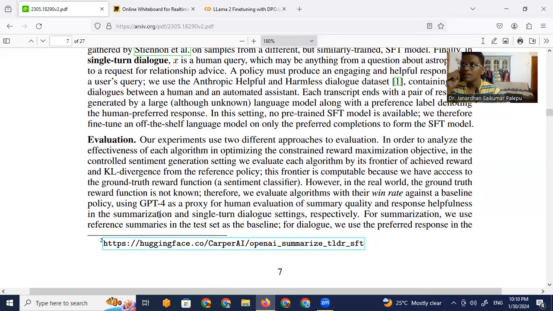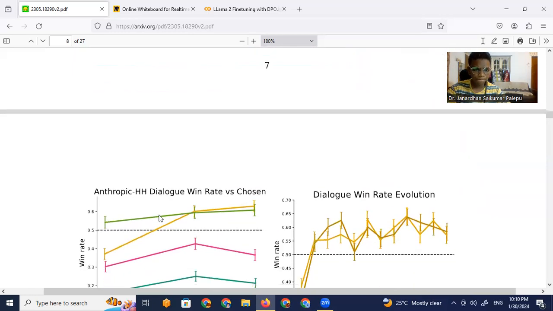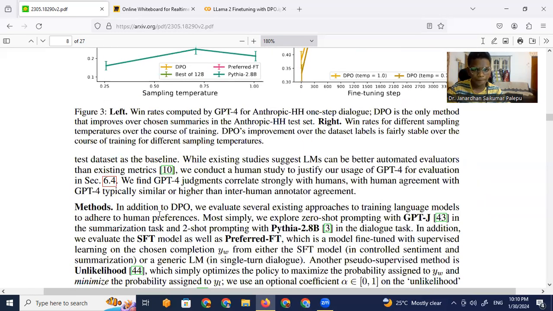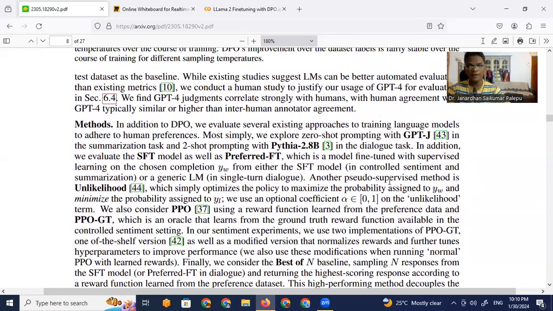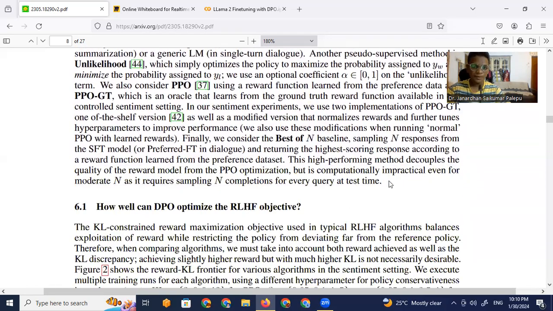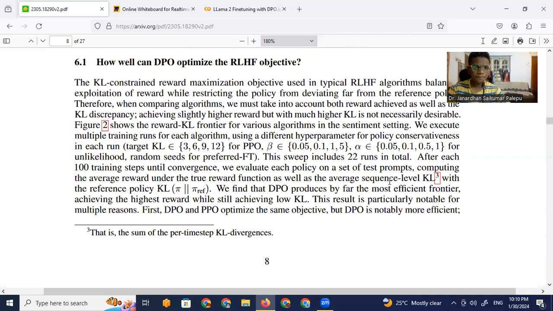For the sentiment classification, I think they have used a simple sentiment classification model to evaluate the performance. And then for summarization, I think they've used GPT-4. And again, I think they have used GPT-4 for question answering also. Okay, anyway, they have performed these experimental setups, and they have found that,